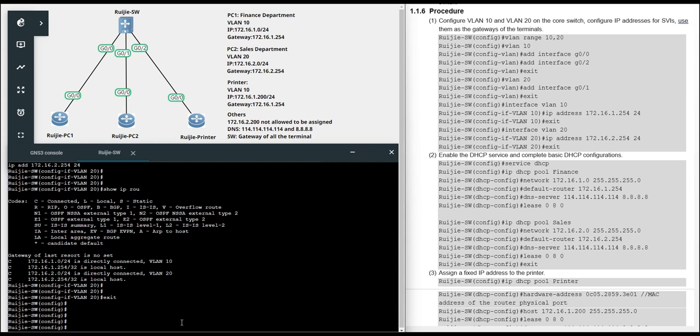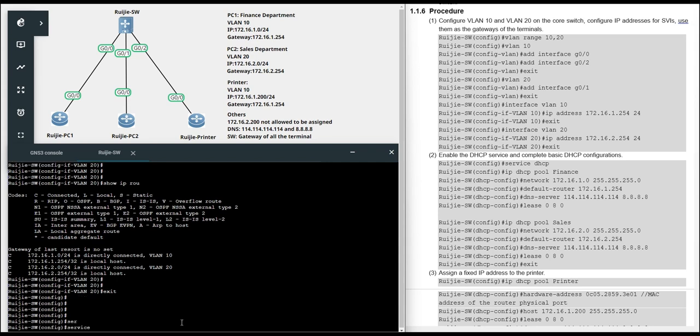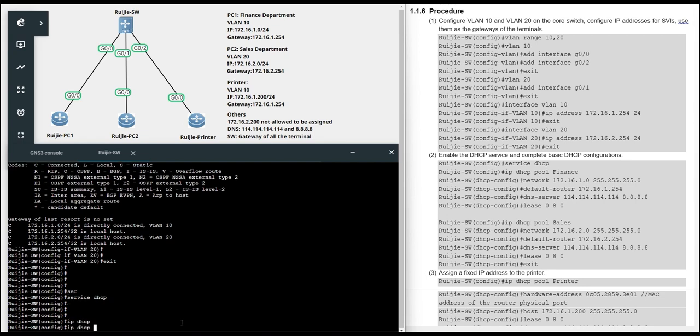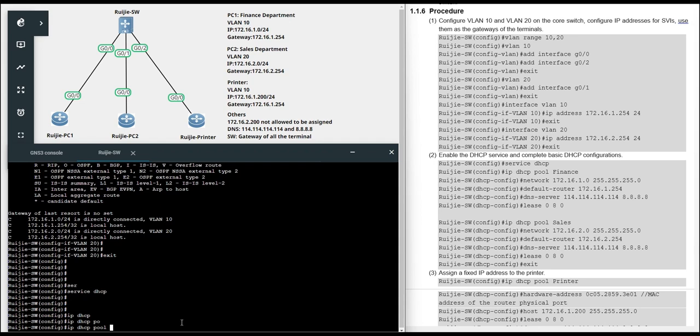First, we have to enable the DHCP. The command is service DHCP. And create the DHCP pool. Now we have two departments, right? One for finance.